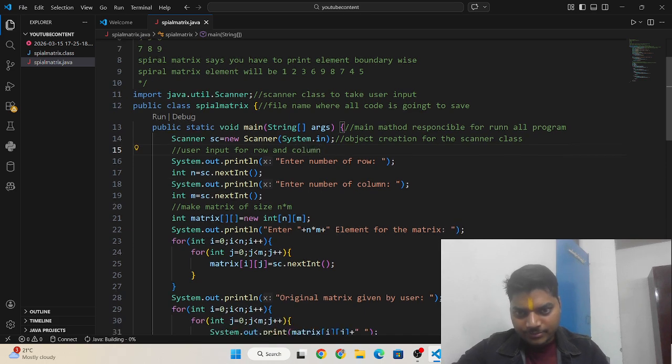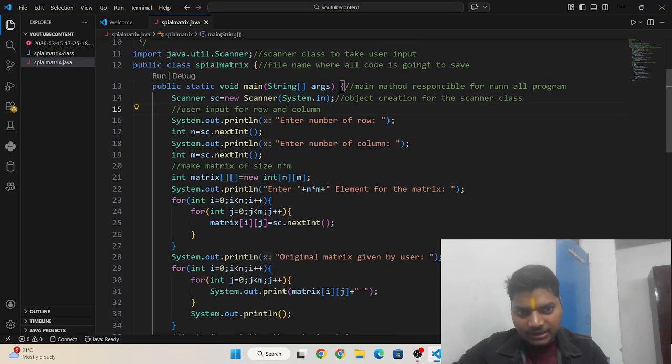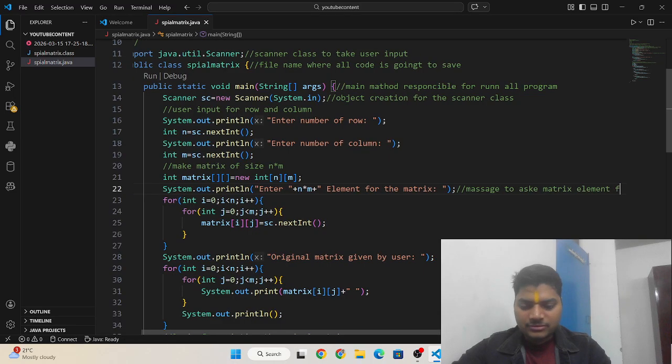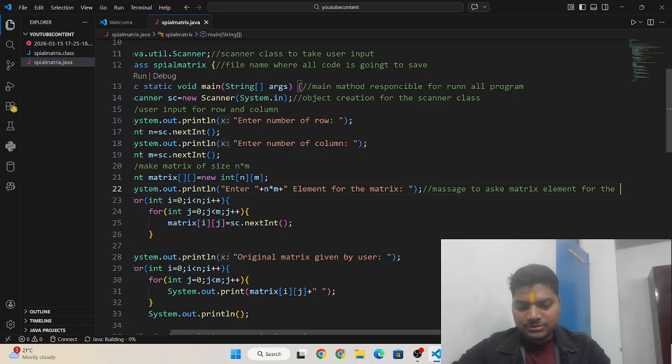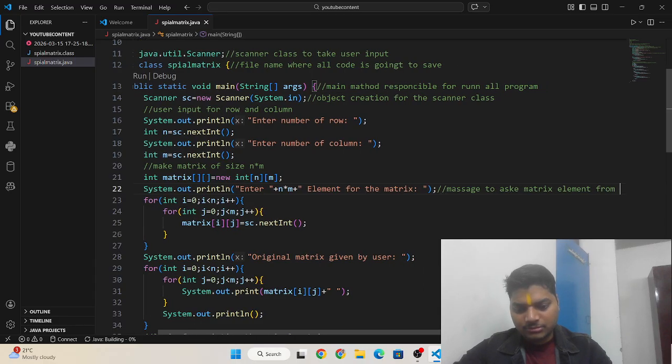Okay, and here I am creating a matrix of size n cross n, and here I am taking a message to ask for the matrix elements from the user.